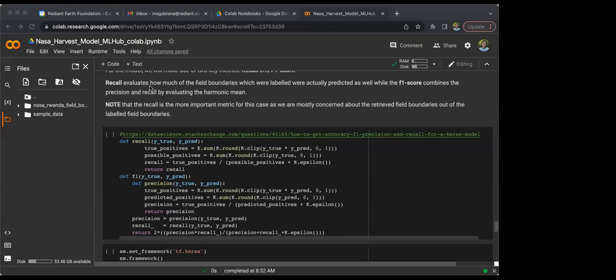But not against the rules. If you are number 10 and you share your notebook at the very end of the competition, like a week to go,